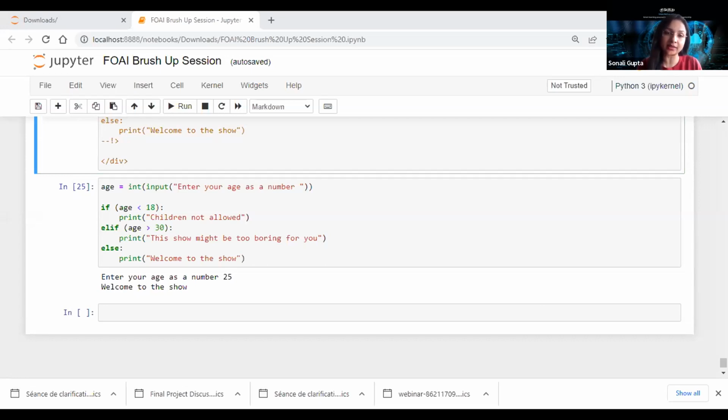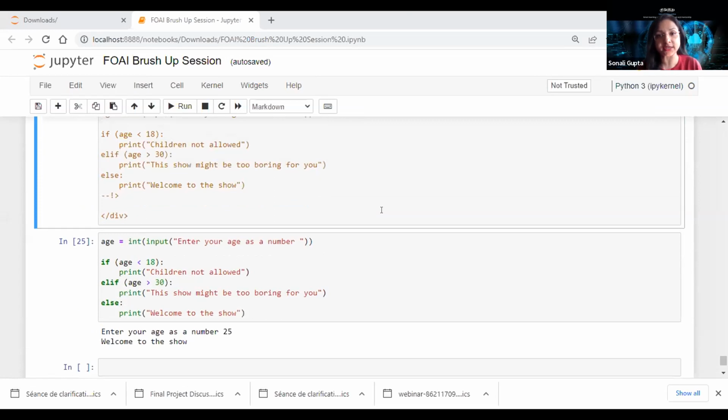So the codes in the assessment are already given. You have to assess whether the code written is correct or not. There are multiple choice questions and you have to take them likewise. There are a few based on the concepts, and some based on the code. Most of them are based on the code, but yes, conceptual questions are also there, which we have tried covering in the presentation. The concepts asked in the assessment from the coding perspective, we have tried covering in the form of a Jupyter notebook.